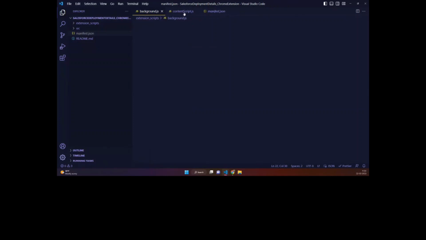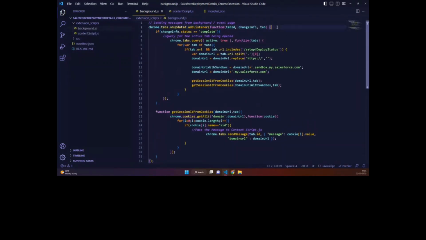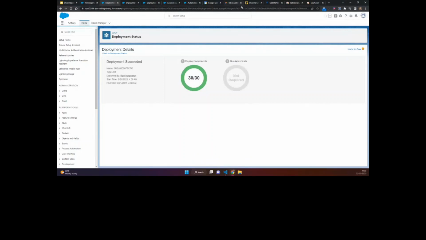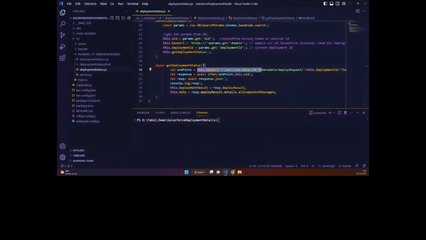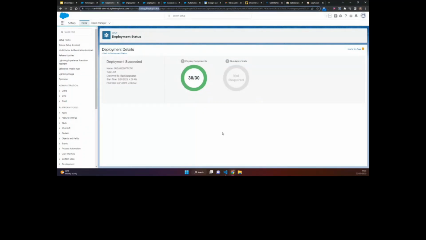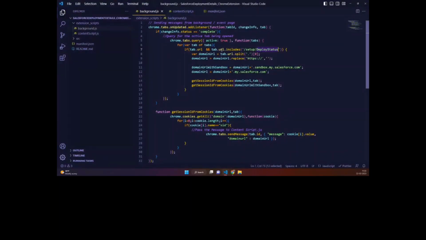I told you, first we have the background.js. Now this is the code for background.js. As you can see here, I'm making use of the Chrome APIs. I say get the active tab, because there are multiple tabs opened in the screen, as you can see, right? I want to get the active tab of the user. And then I want to see if the active tab's URL contains deploy status. You can see here this URL contains deploy status. Once I can confirm the active tab of the user is deployment status,